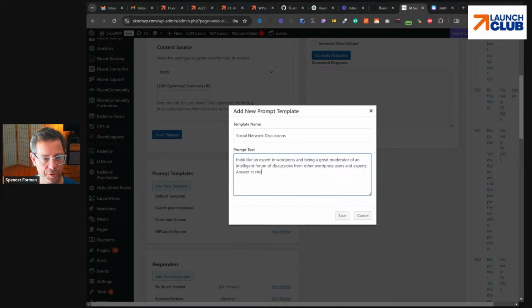Answer in short and easy to understand bullets and give references to any content at wplaunchfi.com or wplaunchkit.com if you want, as well as outside sources.